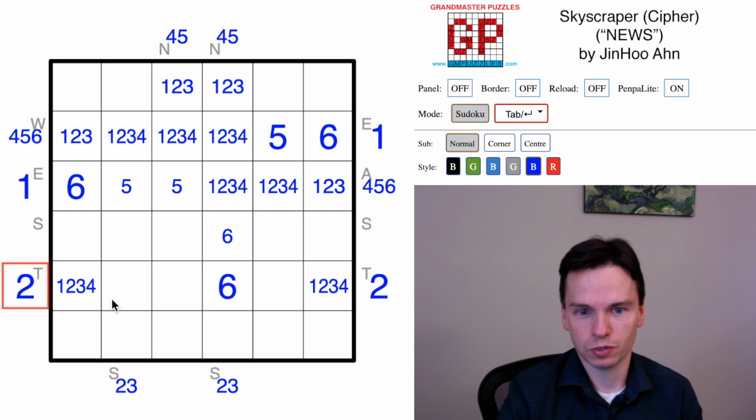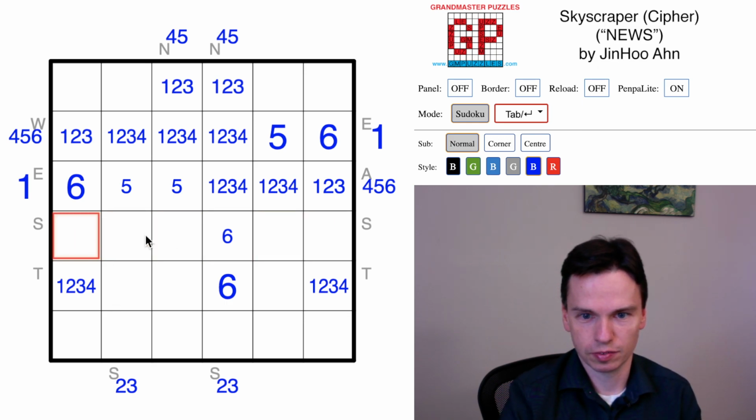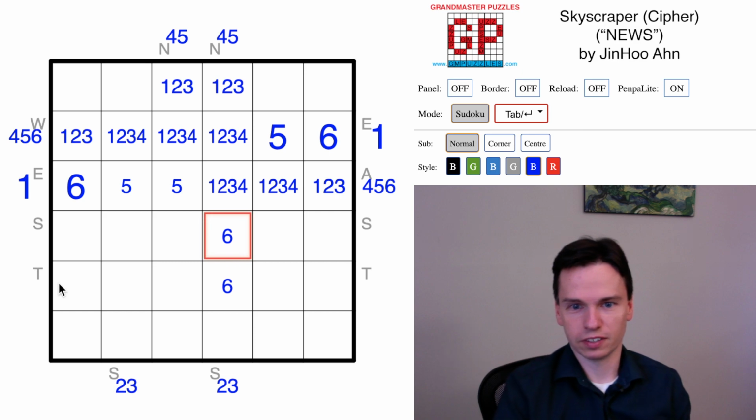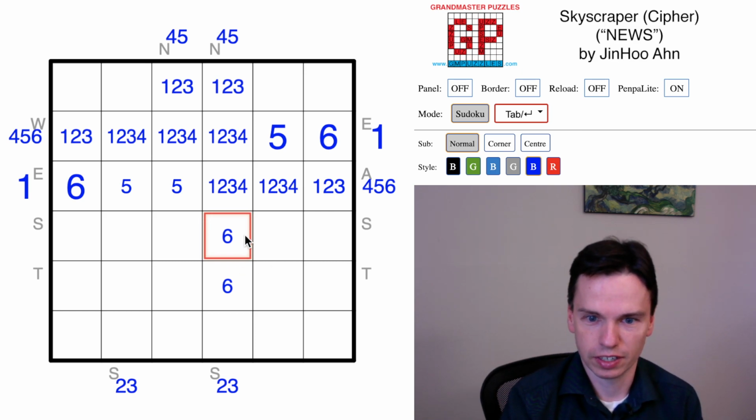And so whichever of S or T is 2, that row has to have the 5 on the extremes. So somewhere, we don't know where, either there's a 5 in front of this and this when S is 2, or there's a 5 in front of this or this when T is 2. And the reason this matters is that one of the positions left for a 5, exactly this cell I have highlighted right now,